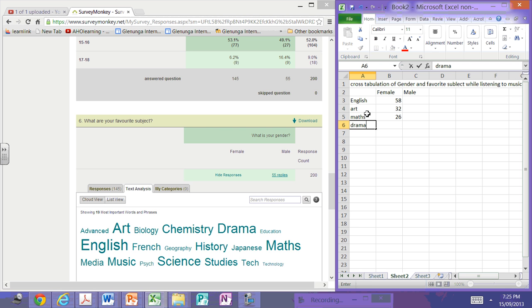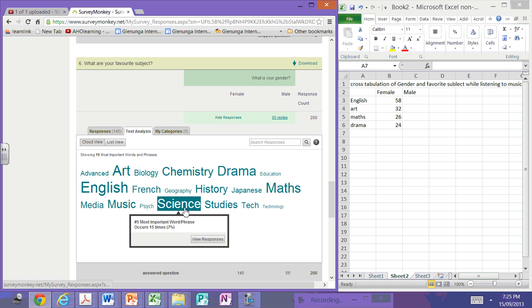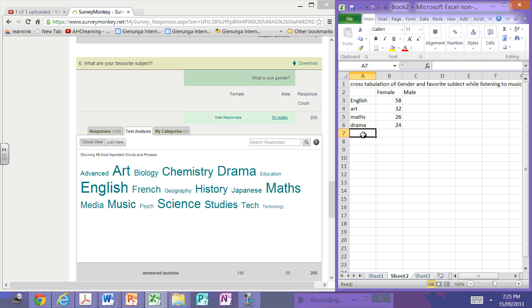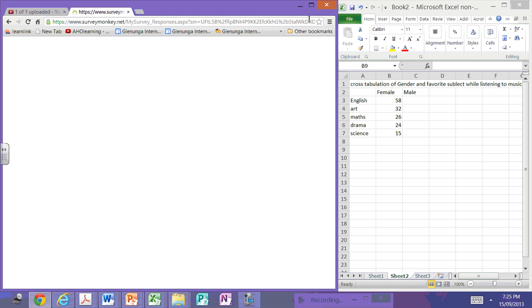Okay, drama. And I want you to find the correlation. We're going to discuss the correlation later. This is 24 times. And maths is, no, science is now the 5th, and science is 15 times. Science is 15 times with a significant difference there. Let's go and see the male respondents. I'll have 55 replies and see if they have again the same